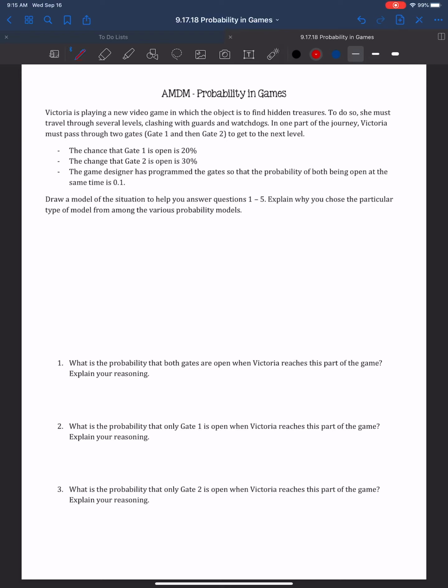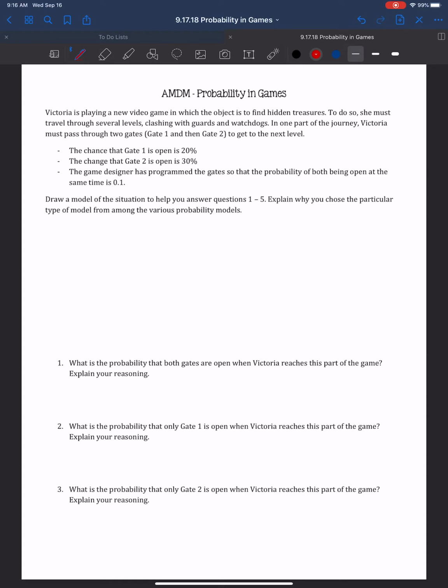Okay, in this video, what we're going to be doing is talking about probability in games. So, Victoria is playing a new video game in which the object of the game is to find hidden treasures. To do so, she must travel through several levels, clashing with guards and watchdogs. In one part of the journey, Victoria must pass through two gates, gates 1 and 2, to get to the